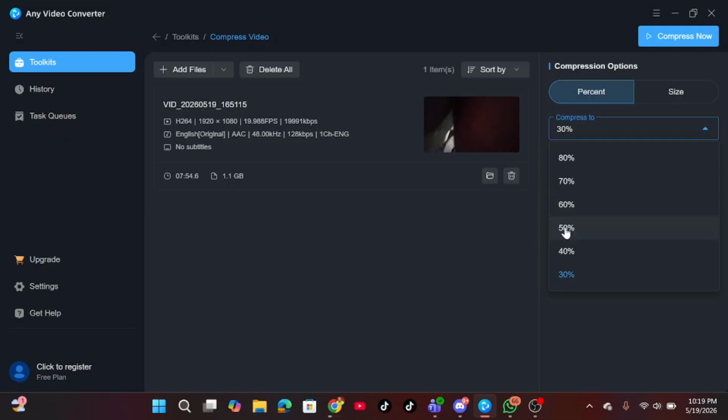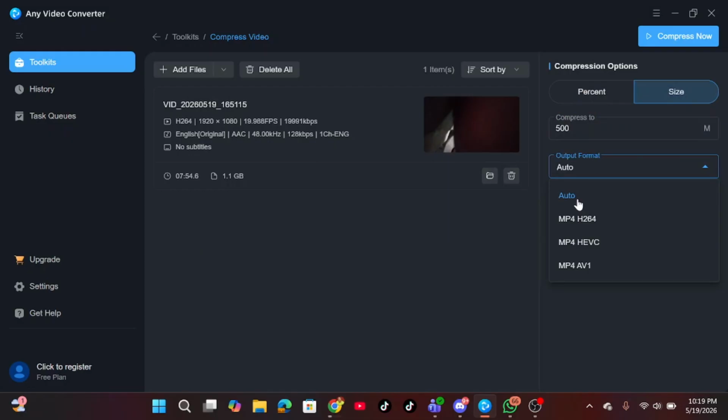Now once you enter 50%, or you can use the size just the way I did it here, 500 MB, once you've done this, this is the output, right? So for the output, it's usually on auto. For me, I usually just leave it on auto, but you could actually choose any other option in case you want to. Now once that is done, the next thing you want to do is click on compress. This is the compress now button. You click on the compress now button. Once you do that,